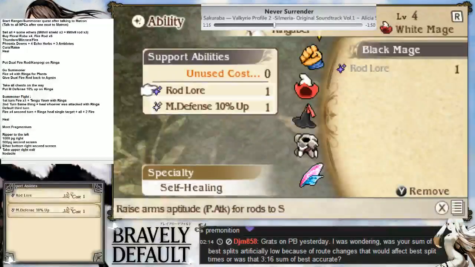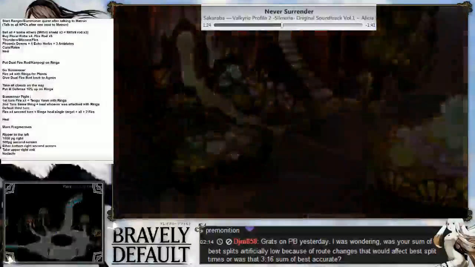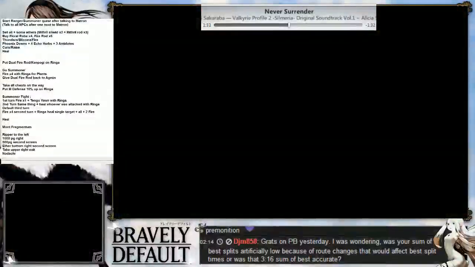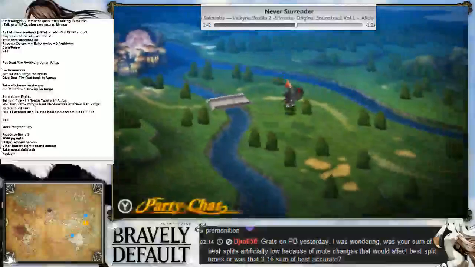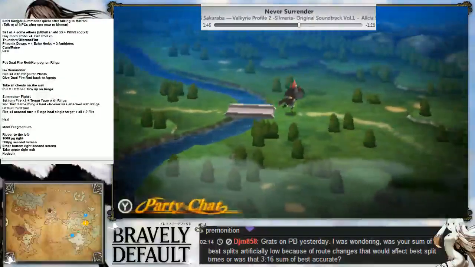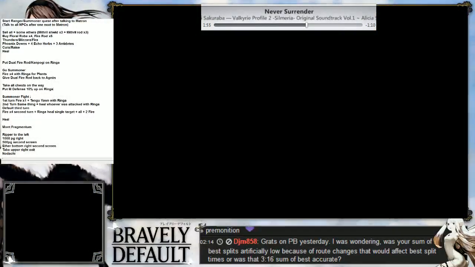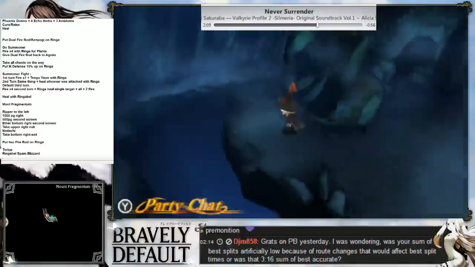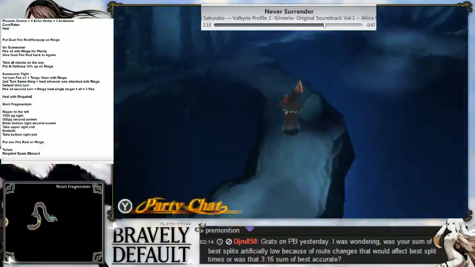right here, and we're going to fight the turtle. So give your party MP back. I mean HP. And then go fight the turtle. So you don't deal with Ringabell. Okay, so now this boss was a pain sometimes because of its randomness, but with the summon, it's actually a